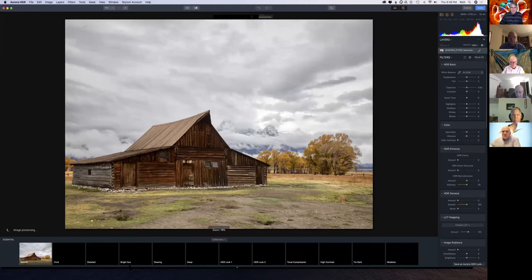Ka-chunk, ka-chunk. I think I can. I only got 128 gigs of RAM on this thing. Here we go. So I click the button here, move the slider a little bit more or less the way I want it. I'll say apply,